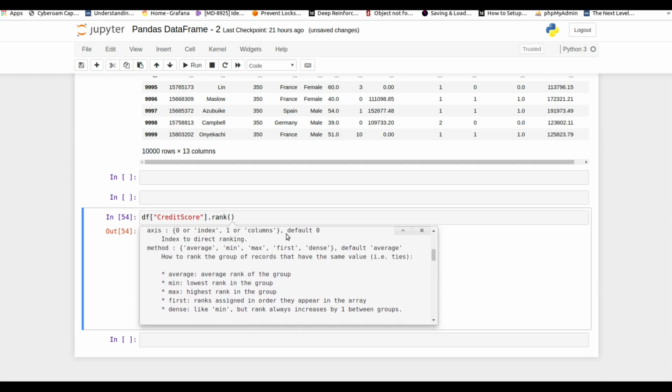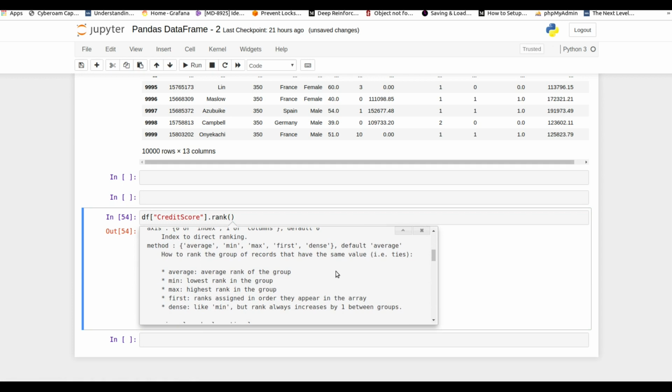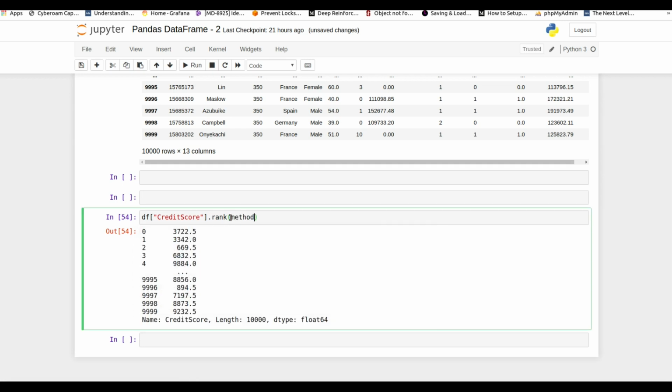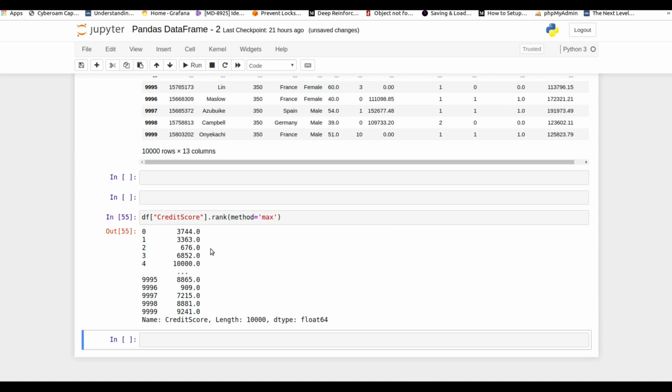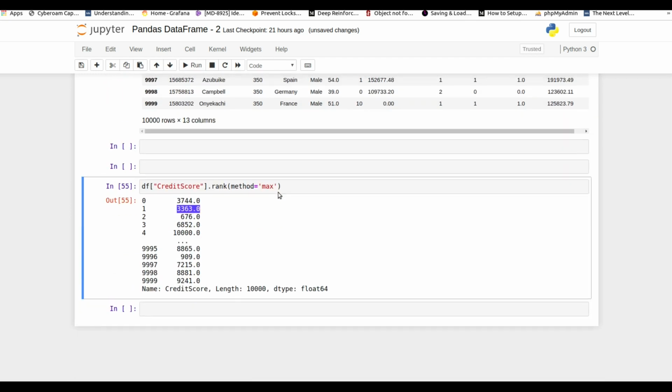By default it is average. If I convert this method to min or max, I'm going to convert it to max. Let's see what happens. It converts the values into integers, so this is the maximum value and this is the minimum value, and this is the rank of all these credit scores.